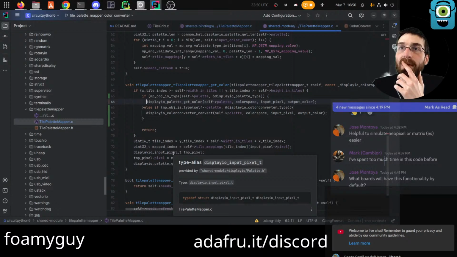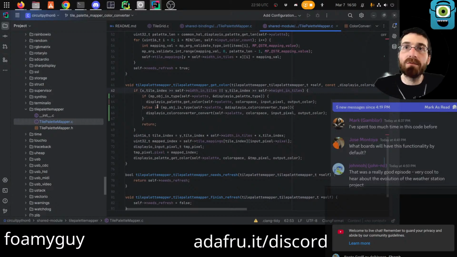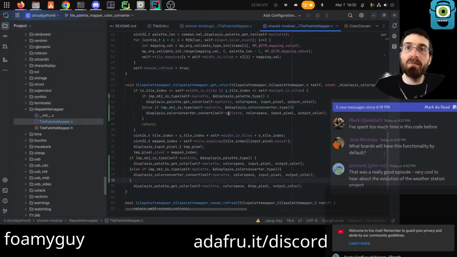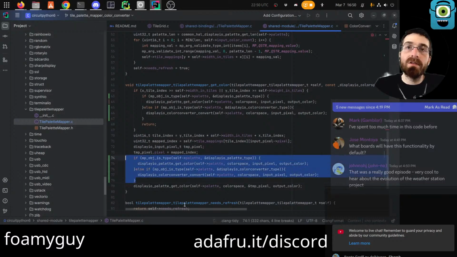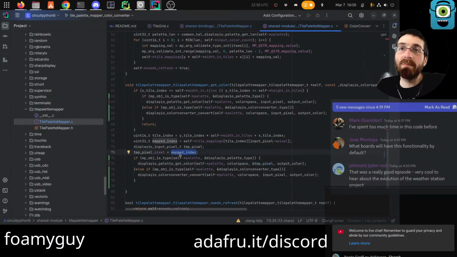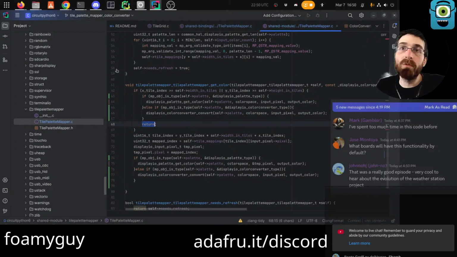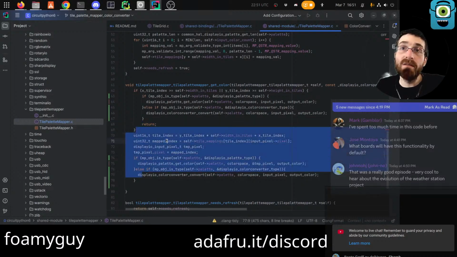Okay. Yeah, so that should work fine, I think, for the out-of-bounds ones, and then we will basically do a very, very similar thing here for the in-bounds ones. The difference is we use temp pixel instead of input pixel, because temp pixel stands for temporary. That one is where the mapped color is at. So if we are out of bounds, we do the lookup as normal and we return, so we finish. If we are in bounds,